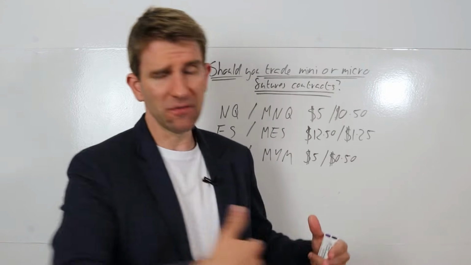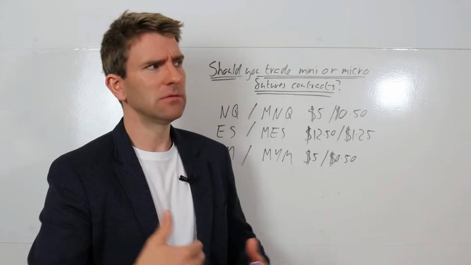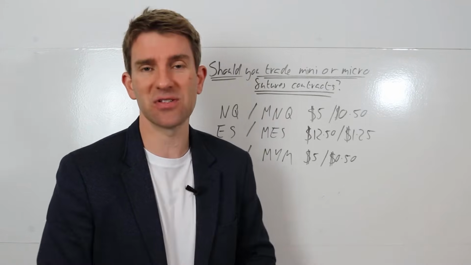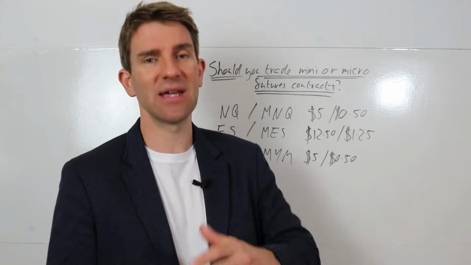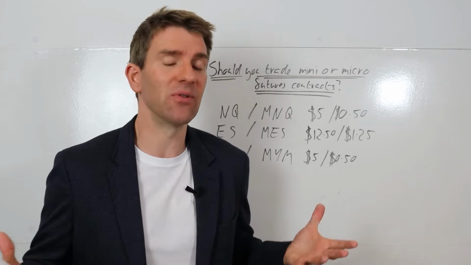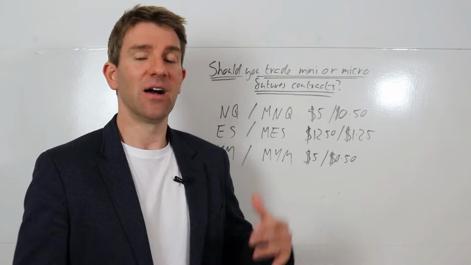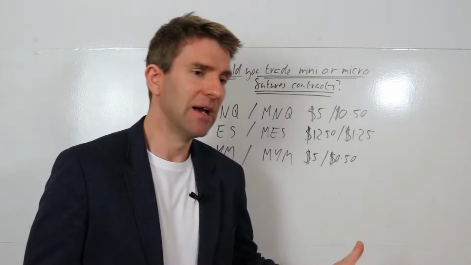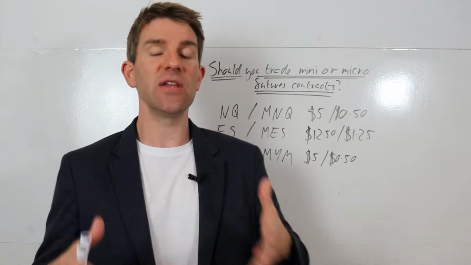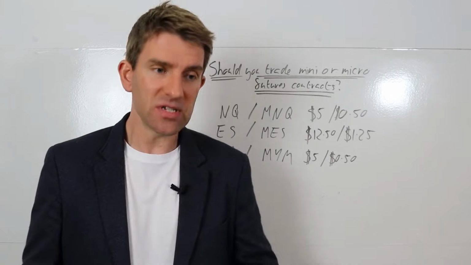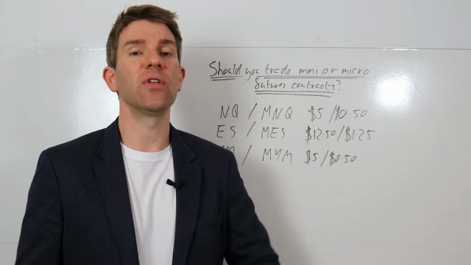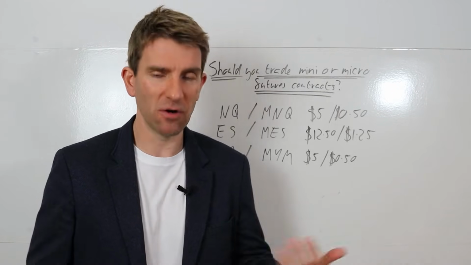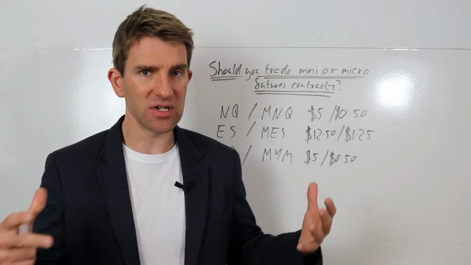Now, fast forward to, oh gosh, when did they put the micros in? It feels like probably a couple of years ago. Someone sent in the comments when they introduced them. Relatively recently, it feels like, but it's probably a couple of years. The micros came out and they were basically a tenth of the contract size of the mini. The idea the exchanges had was to say, hey, retail traders, you can get involved in the futures markets at not much cost, especially when the volatility starts to pick up.